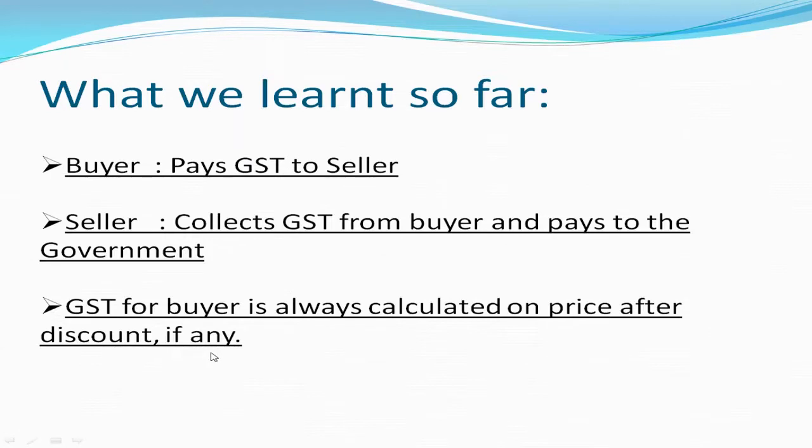If you must have observed in the bill, GST is always some percentage of the final price you pay, right? So GST is always calculated on the final price to the buyer,